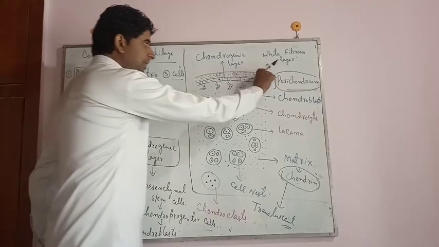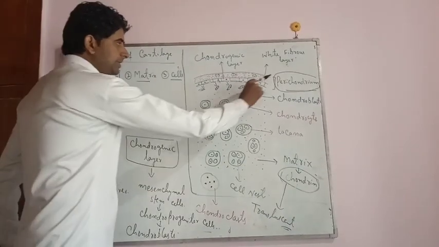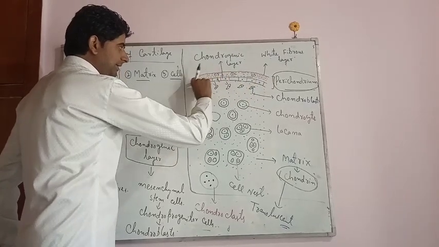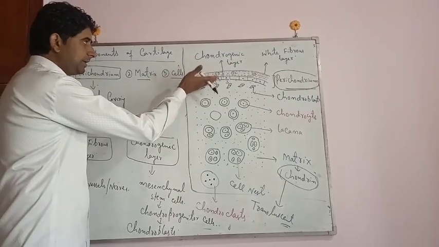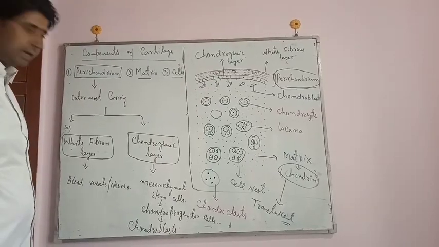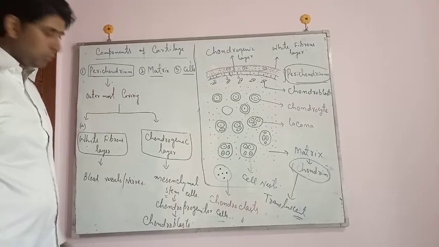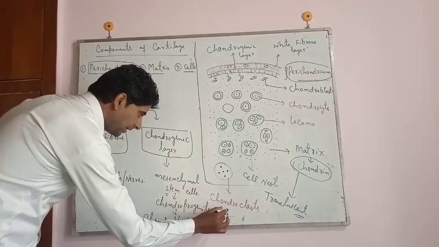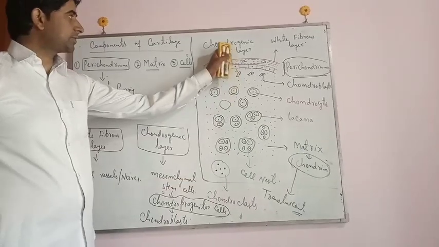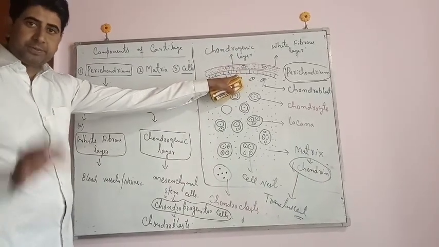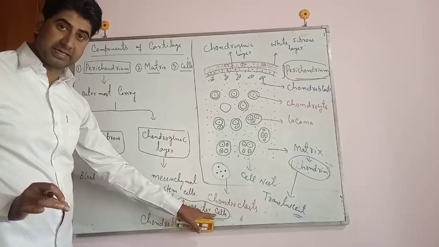So that is the first part of the perichondrium, the white fibrous layer. Now moving on to the other layer, the innermost layer, called the chondrogenic layer. It is the inner layer, present inner to the white fibrous layer, and is made up of mesenchymal stem cells. Those mesenchymal stem cells are called chondroprogenitor cells. That means this chondrogenic layer is made up of mesenchymal stem cells termed chondroprogenitor cells, which